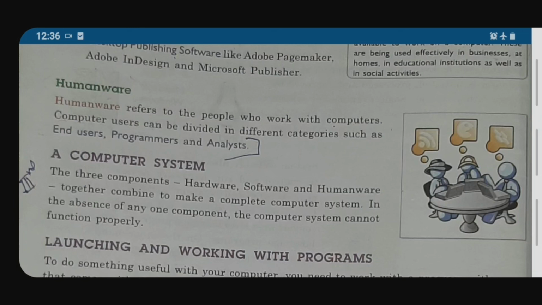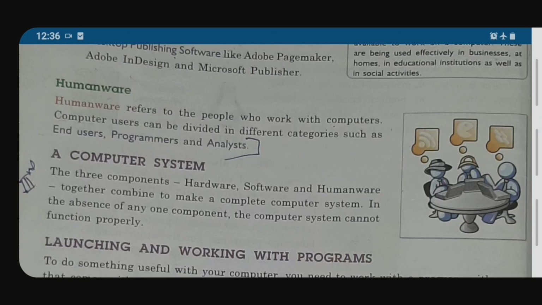As I already told you, without hardware, without software, or without humanware, the computer can't work. Each and everything is very important for the computer to function properly.